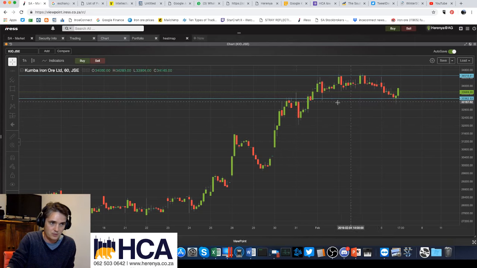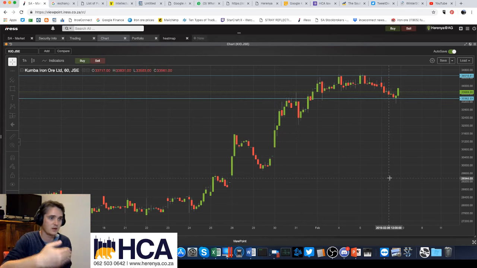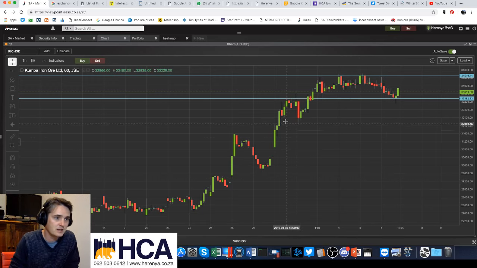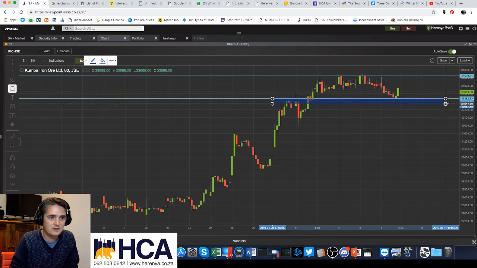As you can see, this support level was resistance here in the past as well. So resistance becomes support, becomes resistance, because these are big key levels where big institutional players enter and exit the market. As we can see, this was resistance for a while. It's now turned into support. So it'd be quite interesting to see whether or not this area, and let's keep in mind it's not a definite level, it is more an area.